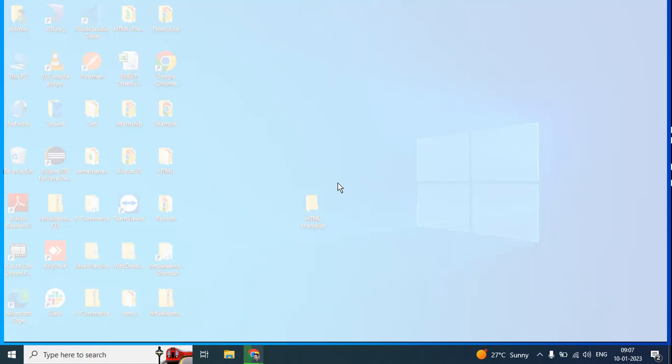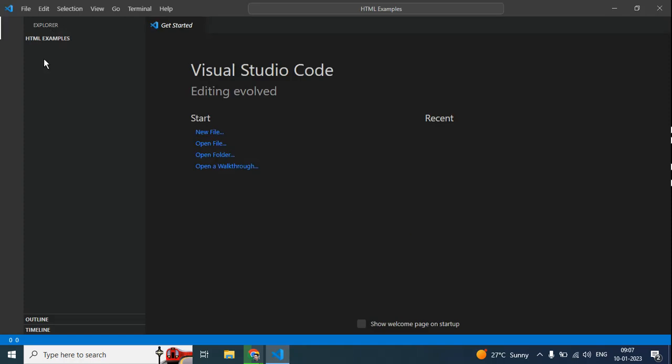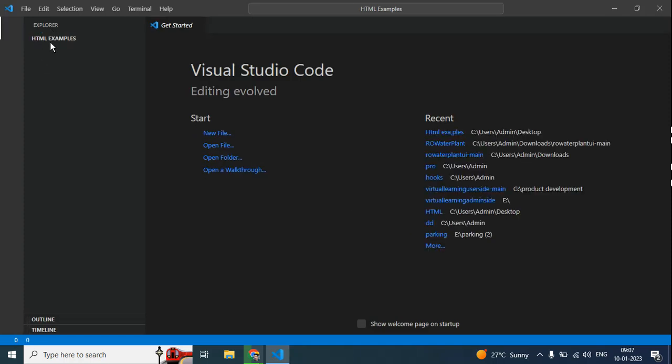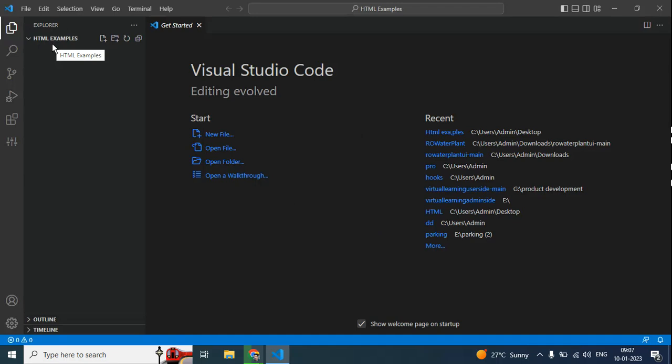So this is how you are going to start. Look here, the folder name will be on the left side of VS Code. Look here, HTML examples, the folder is here. It has been opened with VS Code. This is one way. Sometimes while you are installing VS Code, you might have forgotten to create a shortcut or to make it open with a folder. So at that time, what you can do is,